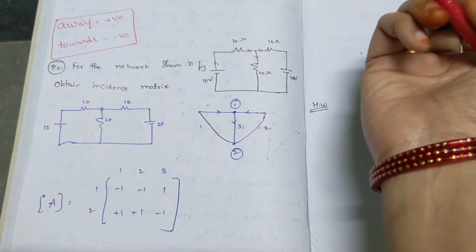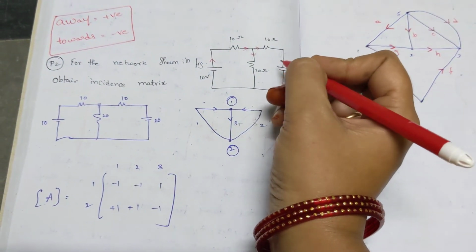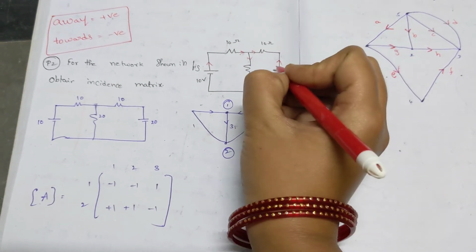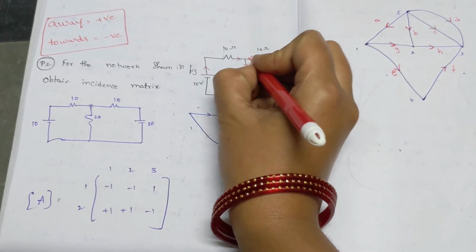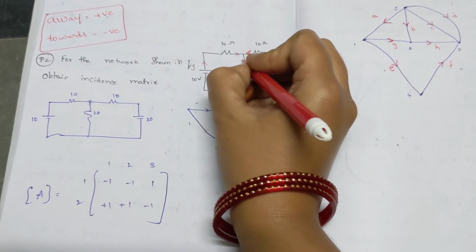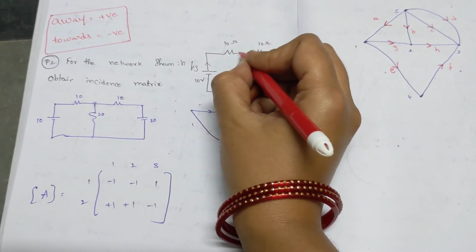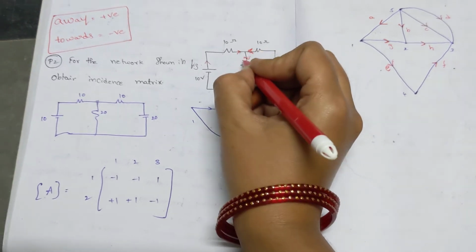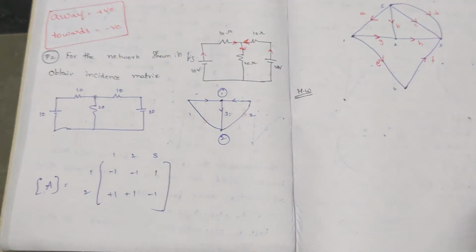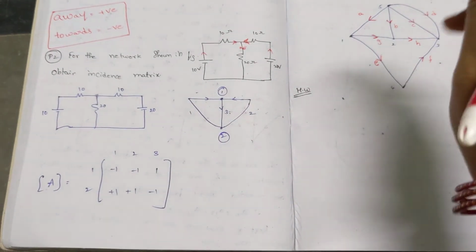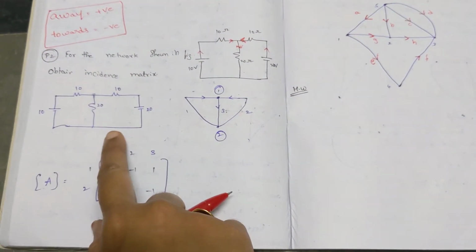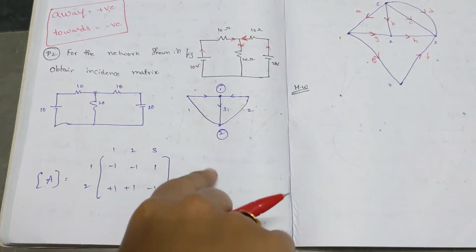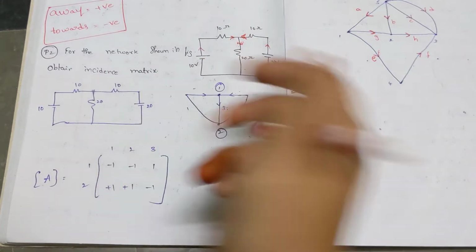If I go with one direction, otherwise here also this is a source. From this source also the current is flowing. From here up to here the current is coming. Because of this source it is available like this, and because of the other source it is available like this. So both the currents will inject at this node. That is the way we give the current directions. Based upon those current directions, we have to draw the graph. That means a directed graph, not an undirected graph.